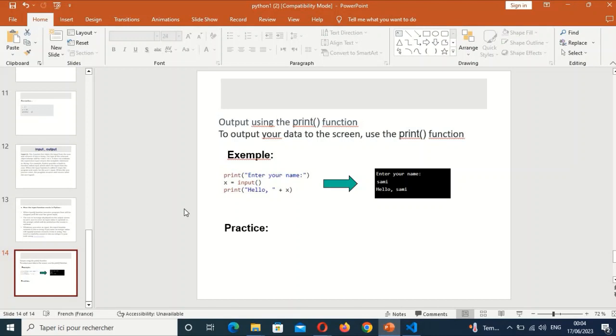Output. We can use output by the print function. To output your data to the screen, use the print function. Example: print